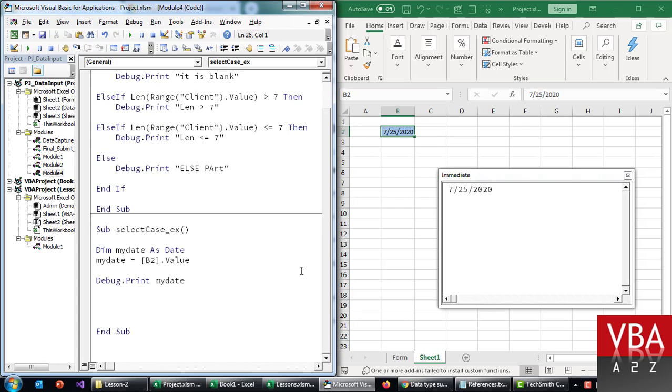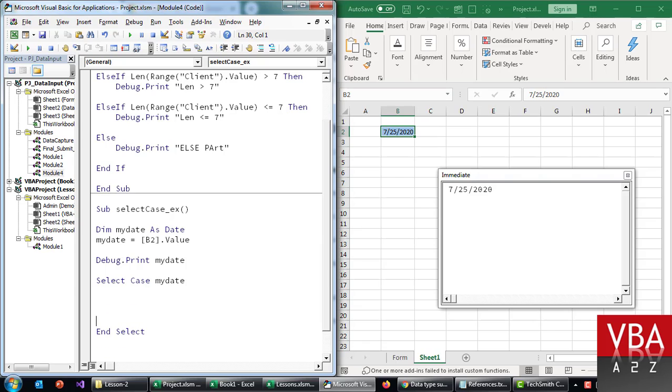So select case and this, and then end select. So it's like if and then end if, like that. Okay, so we're saying our select case is this. Based on this, we're going to assign more conditions in here. For example, if the case is, let's say on Saturday and Sunday we do not want the code to run